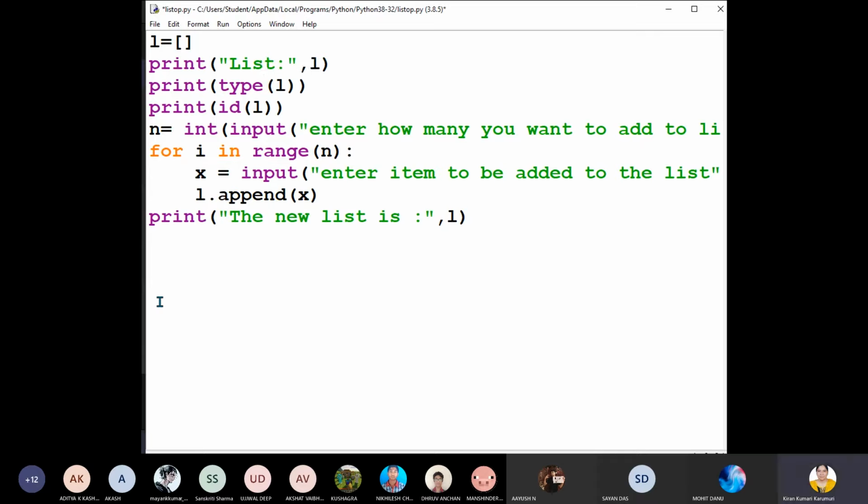L. Next, what is the type of the list? The type of L. So how do we get the ID? That is the memory reference, the memory address where L is stored. So that is the ID of L.